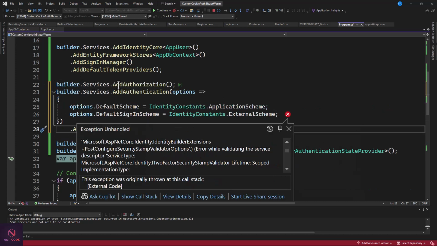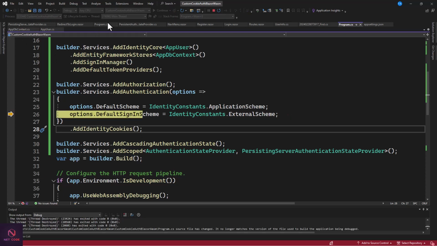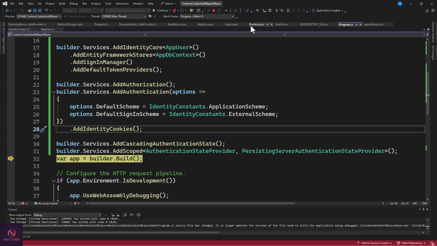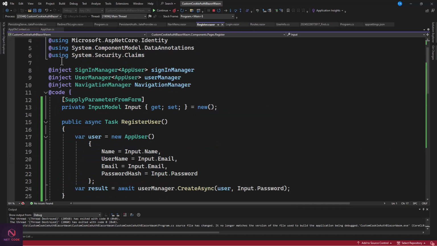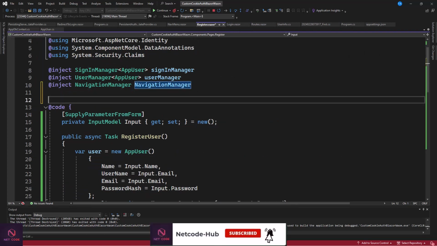So we do services.AddAuthorization, AddAuthentication, and we have to specify the default scheme and the default sign-in scheme, and now .AddIdentityCookies. You see, that is this one. Now also let's check from the register. We did not create the UI. You see this, so we have to create the UI,